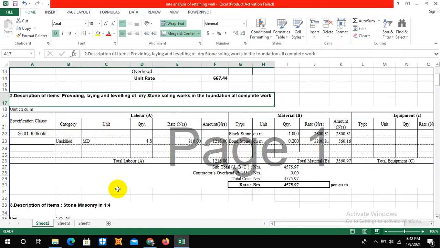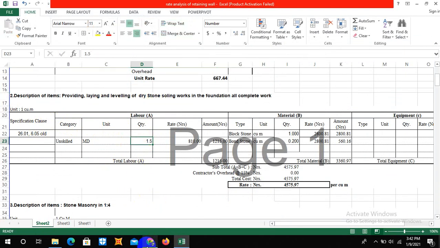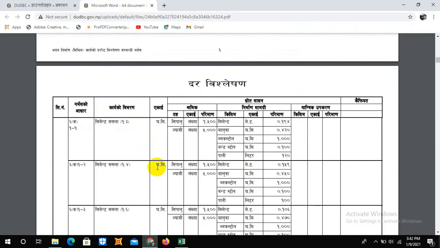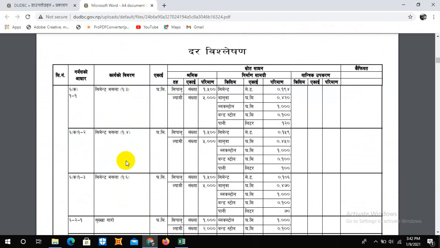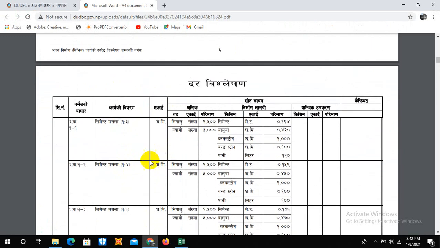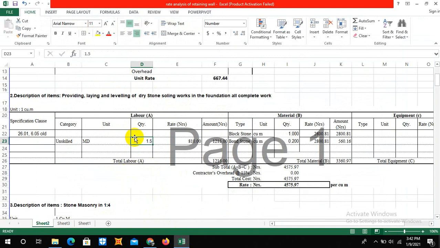For dry stone soiling work it's 1.5, so we can obtain from dry stone soiling work, or we can search in this DUDBC norms and then get the desired number or quantity of labors, and then multiplying with rate we will get the desired